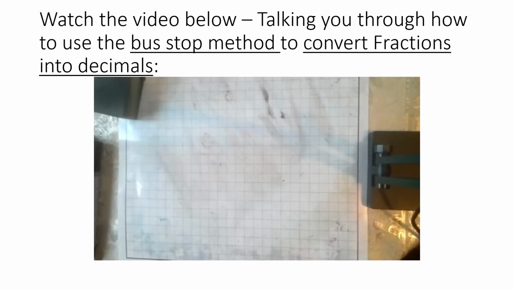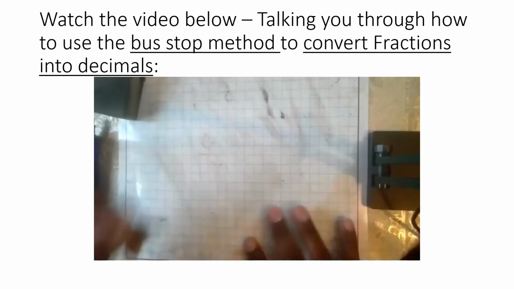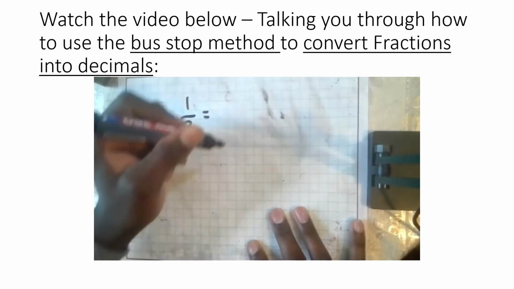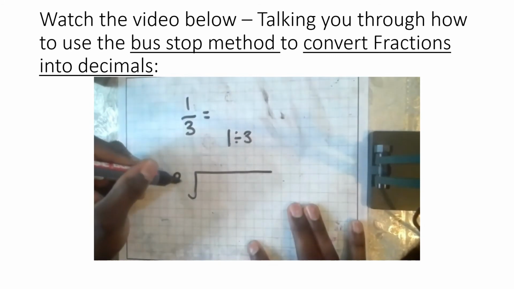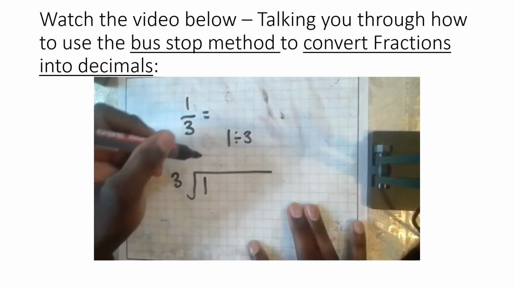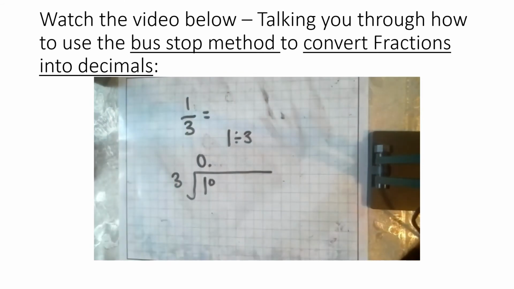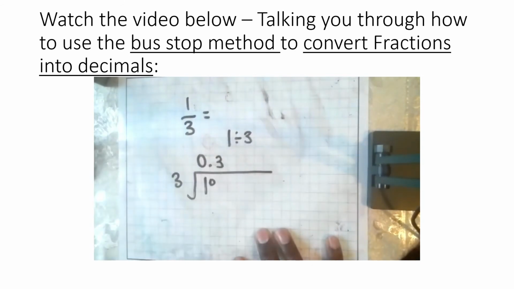If we look at our next example, we've got 1 over 3. And we're going to change that into a decimal. Right. So this is effectively 1 divided by 3, which we write as 3 here and 1 here. How many 3's go into 1? 0. Add the 0 here. You must put a decimal point because we've added that 0. How many 3's go into 10? 3. Remainder